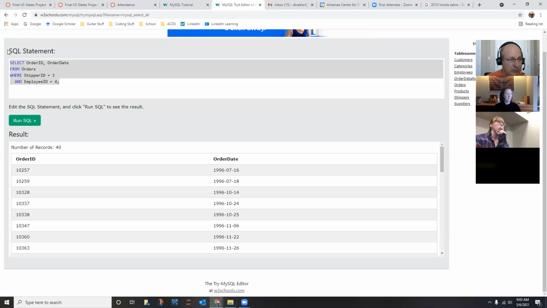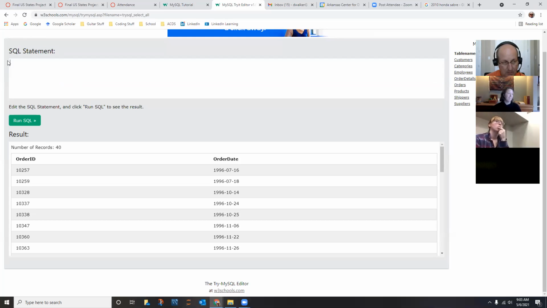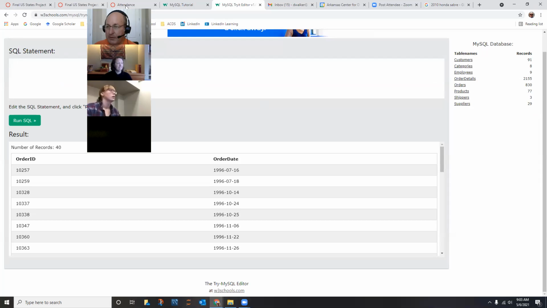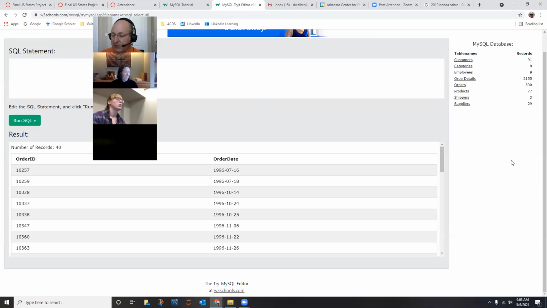See this SQL statement up here. This is a fully functional SQL prompt. It will interact with MySQL using this database over here on the right. Let me pull that out here. This database on the right is the Northwind database that I've mentioned a couple of times, the one you have access to in